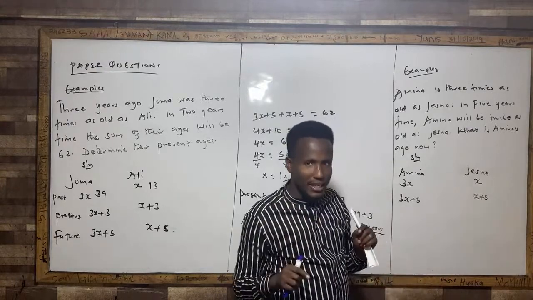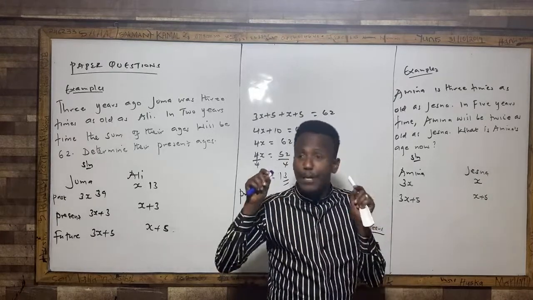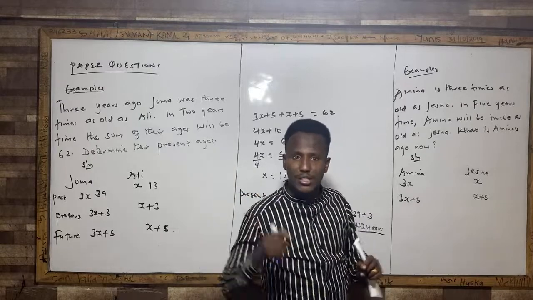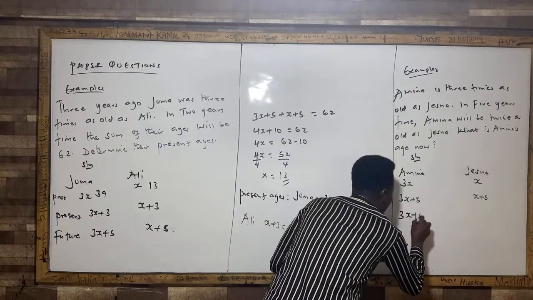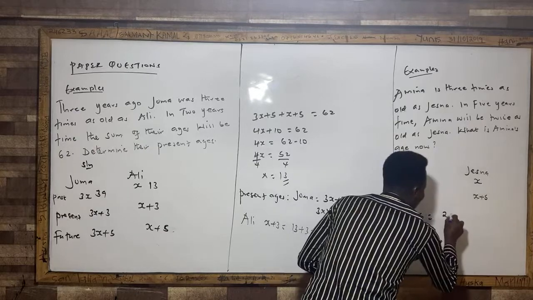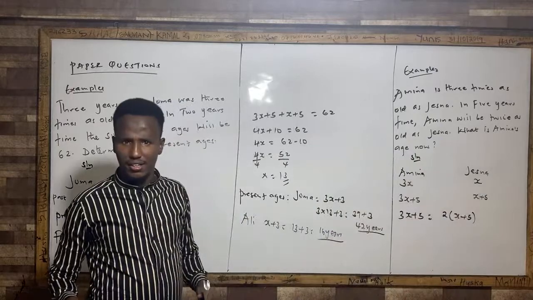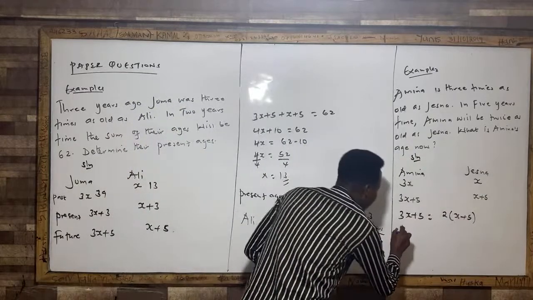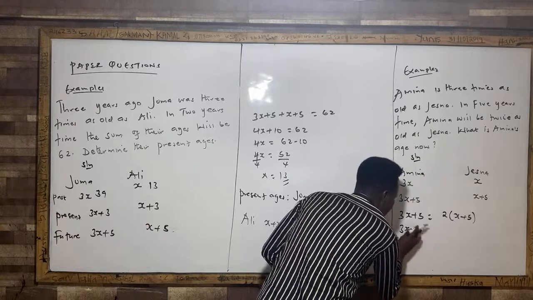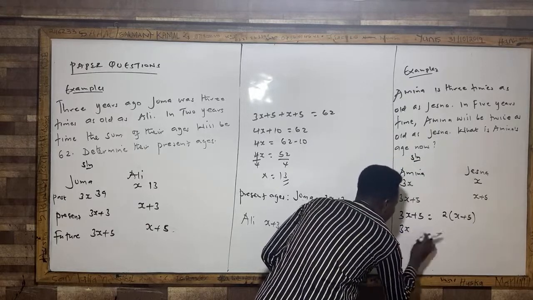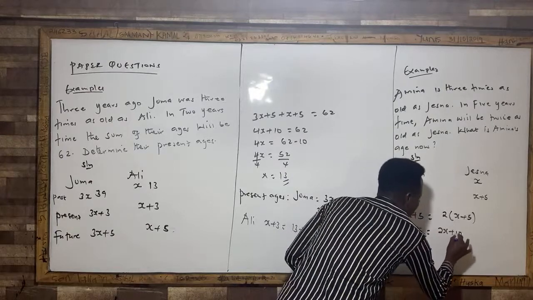We reverse by saying, in 5 years' time, the age of Amina will be equal to twice the age of chestnut. So we're going to say, the age of Amina, which is 3x plus 5, will be equal to 2 into x plus 5, twice the age of chestnut. Understand this? So it will be 3x plus 5